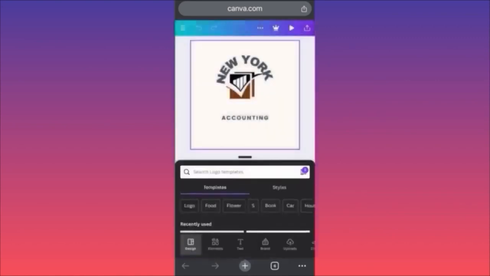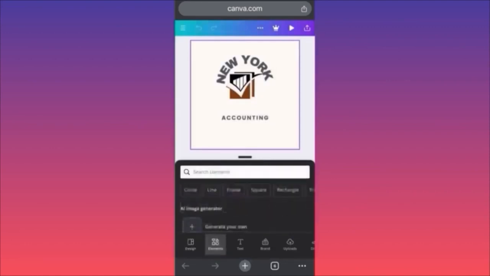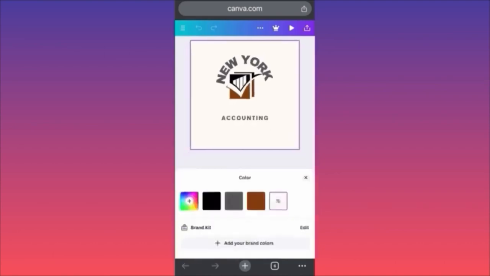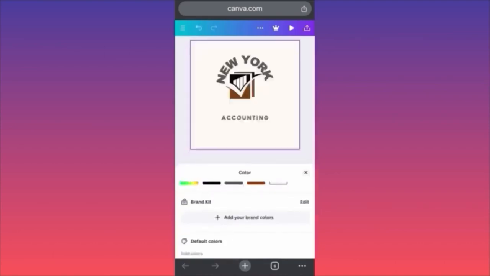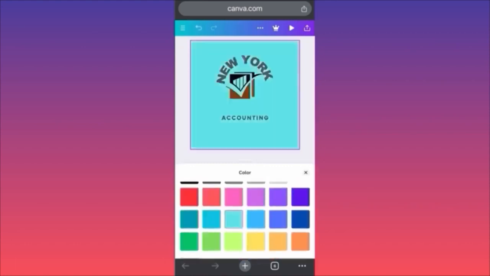So the main scoop over here guys is that when you're creating this, you want to make sure that you include elements that will change the variable on this one. So for example, if we click on our original image over here, and if you want to change the background color to, let's say, let's scroll down and look for something fun. So for example, we can pick up this one,